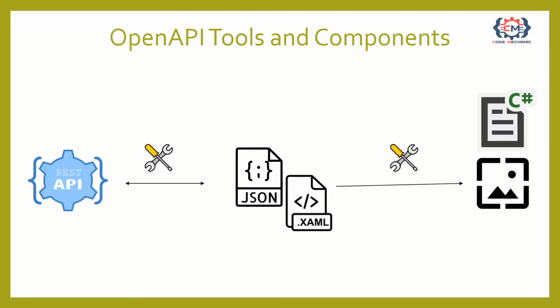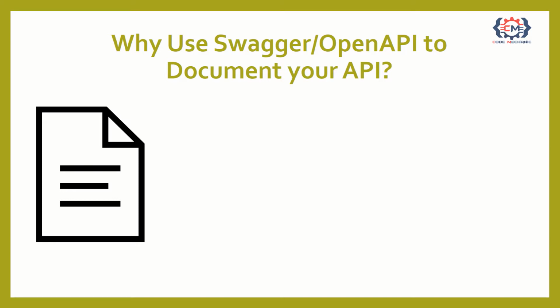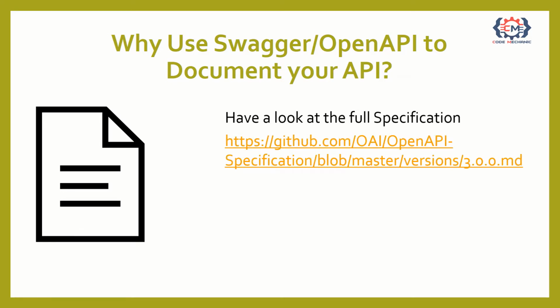But from an OpenAPI specification, other things can be generated as well, like client-side DTOs, that is data transfer object classes, or even API tests. So, OpenAPI has a broader aspect than just something used for documentation. Yet, that is what we are focusing on in this course. If you want, you can already have a look at the full specification format via the link on screen, but you don't have to. We will dive into details during this course.